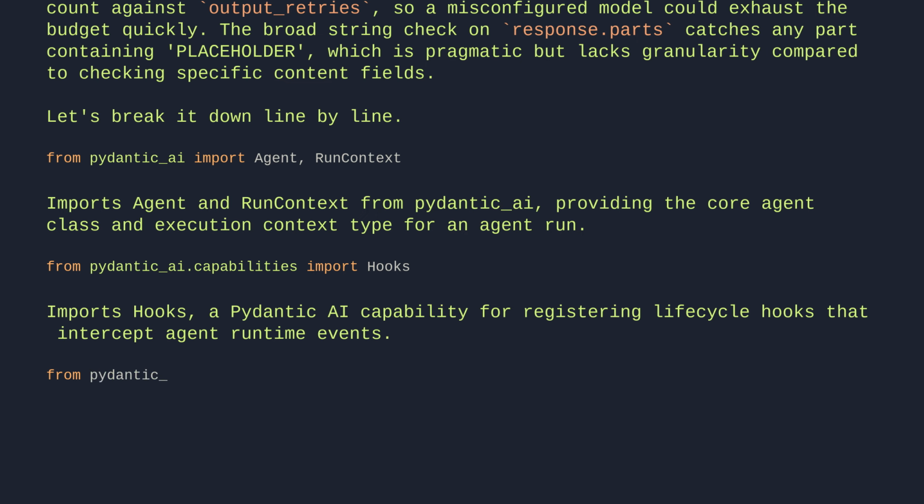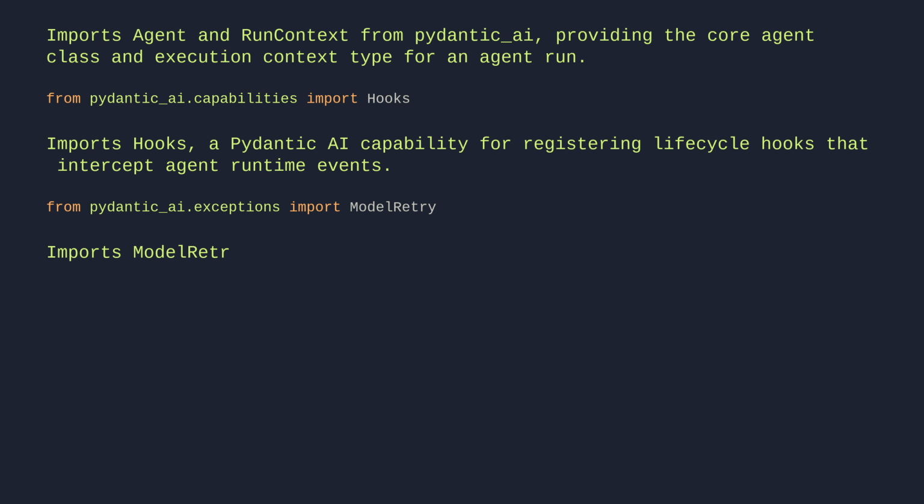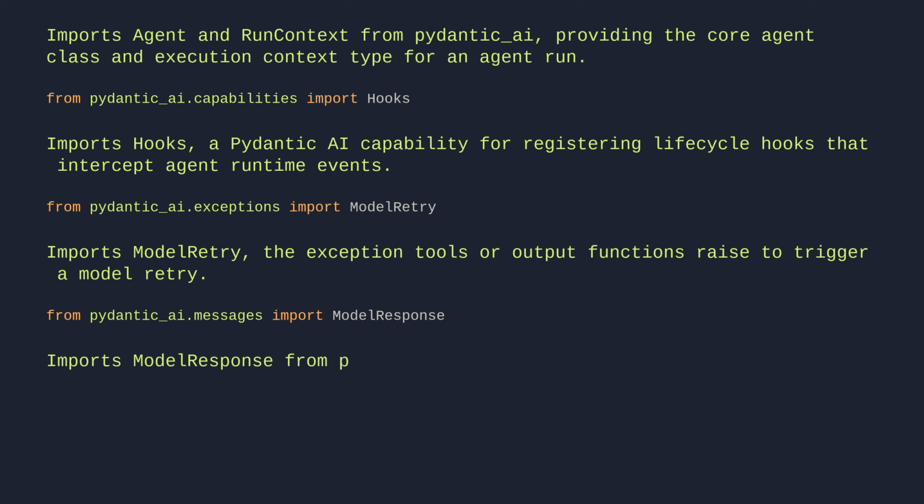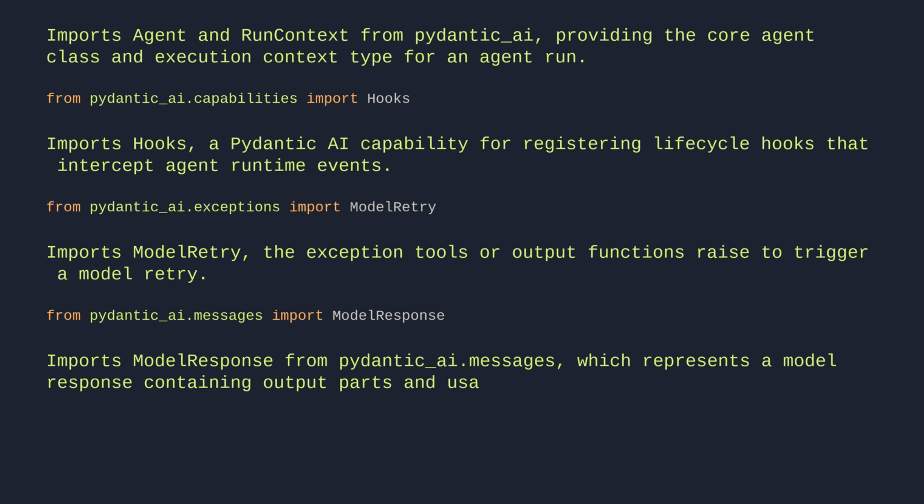From pydantic_ai.exceptions import ModelRetry. Imports ModelRetry, the exception tools or output functions raise to trigger a model retry. From pydantic_ai.messages import ModelResponse. Imports ModelResponse from pydantic_ai.messages, which represents a model response containing output parts and usage statistics.